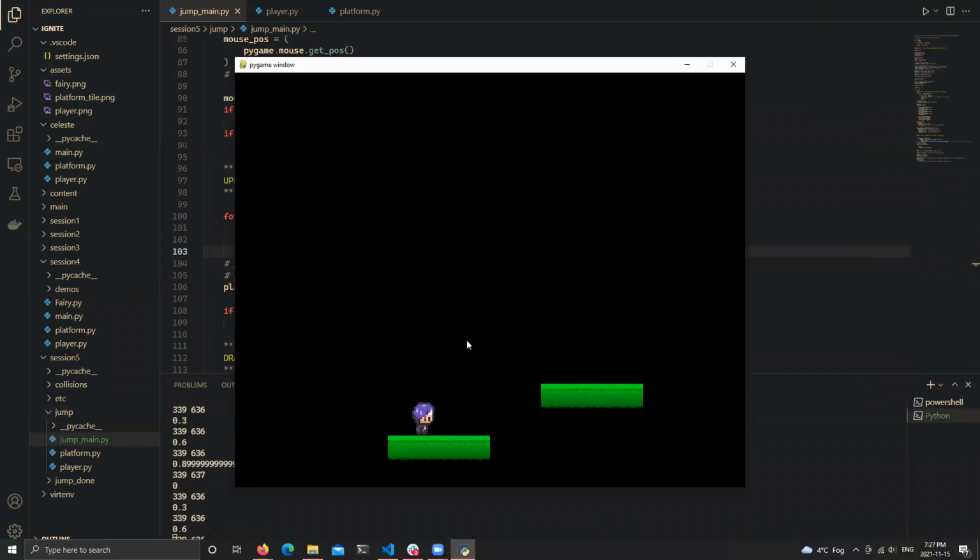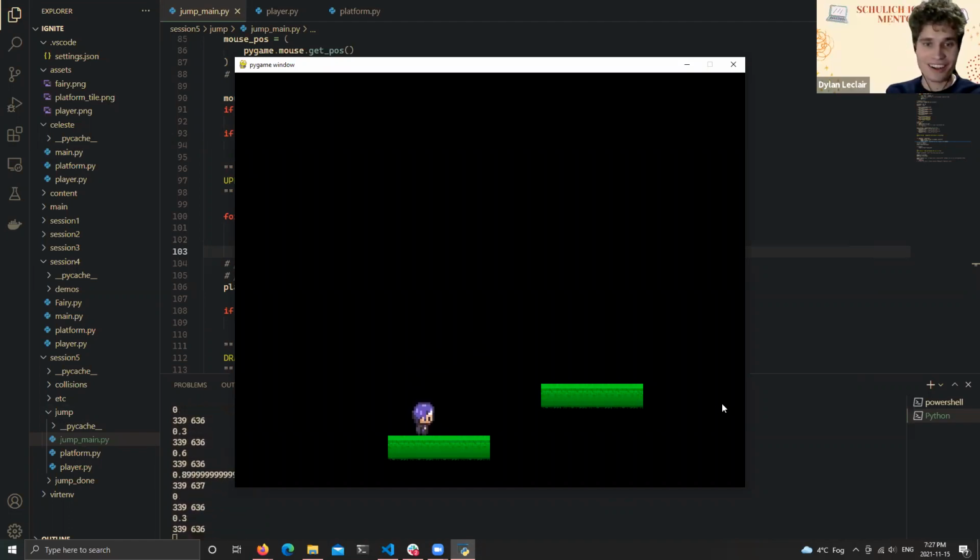So you'll see that I'm bouncing up and down here because I haven't stopped gravity at all, but it should work normally outside of that. A benefit of this implementation, if you don't lose your mind from the player vibrating, is that if you walk off a platform, it should handle that for you. So